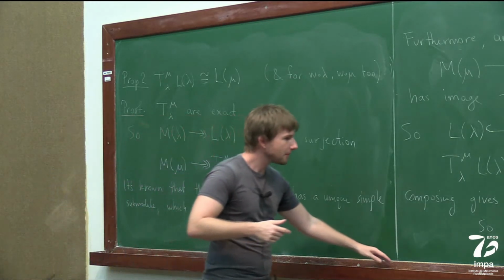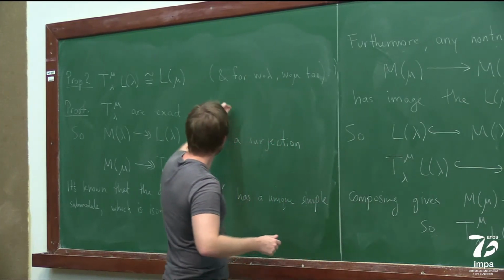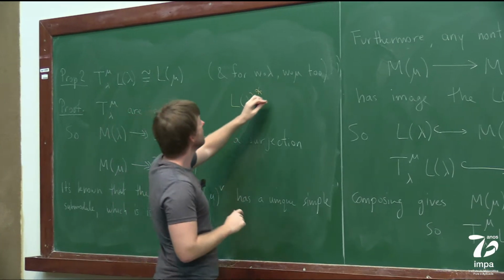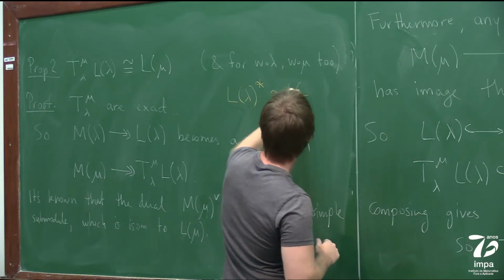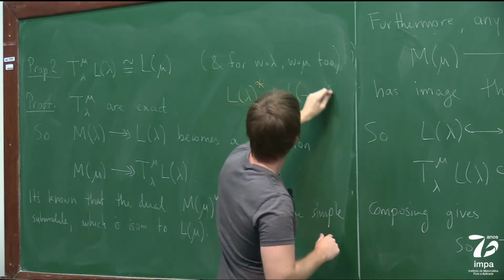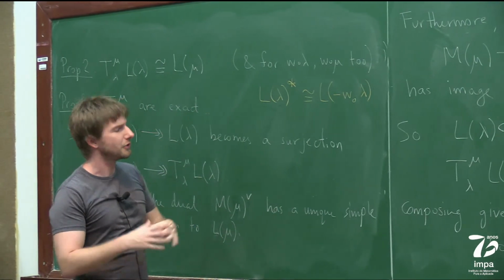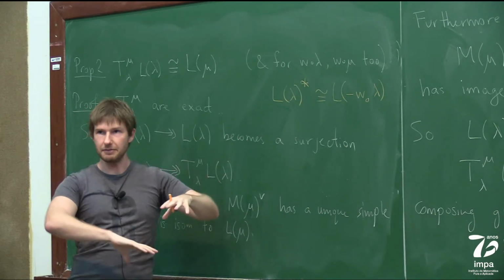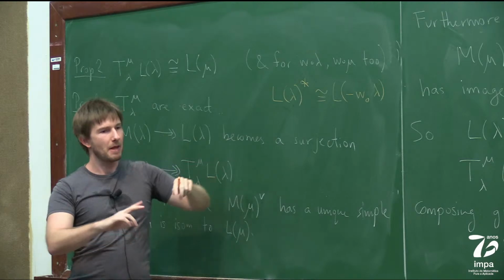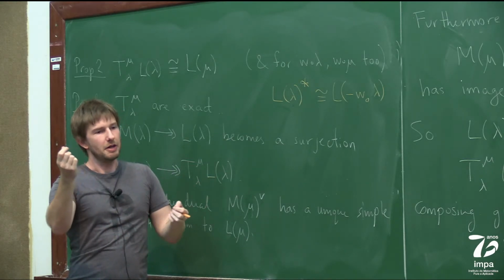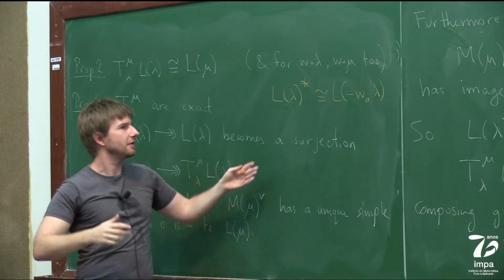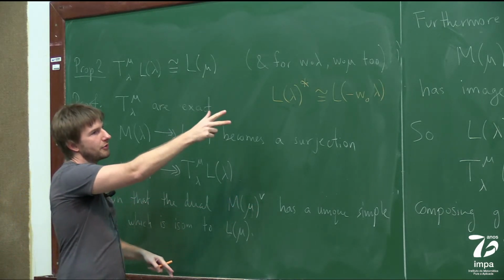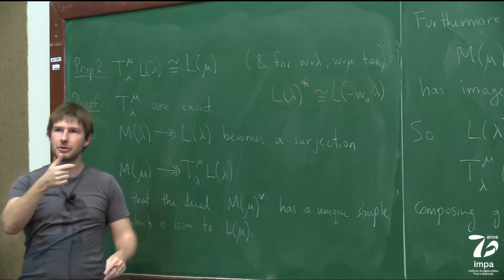So in the usual sense, what you're describing is, if you look at L lambda and just take the dual vector space, this turns out to be isomorphic to L of minus the longest element of W applied to lambda, which you can see by, well, the set of weights of this are simply the negatives of the set of weights of L lambda. Yeah, and then, well, it is what it is. So this dual is defined by composing that dual with an involution in the Lie algebra